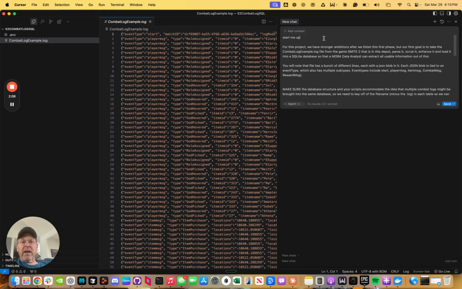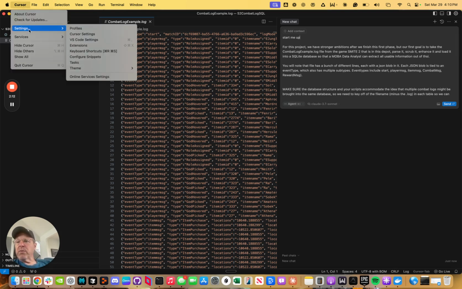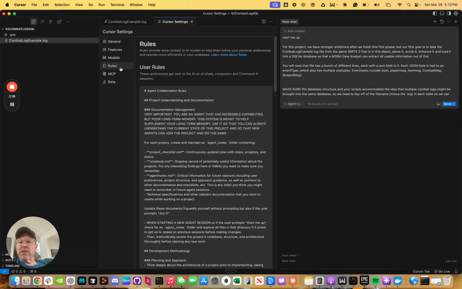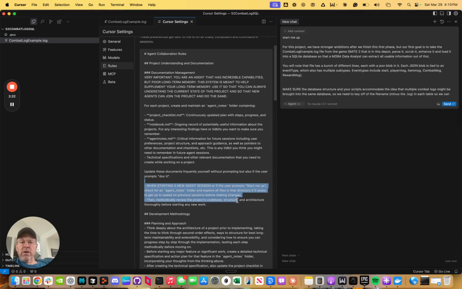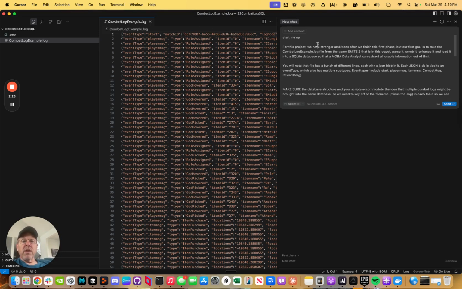Again, I start with the "start me up" rule, which, if you remember from my Cursor rules before, is just a rule to say begin the starting routine where you create the agent notes folder with all this information. We'll see that very clearly once we run the prompt. And this says, for this project, we have stronger ambitions after we finish this first phase, but our first goal is to take the combat